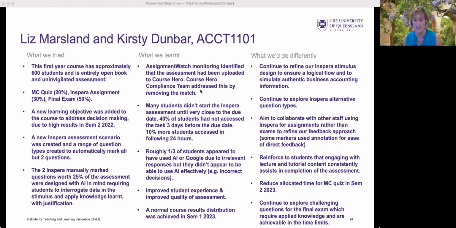So they've left everything to the last minute, can't dedicate time to actually authentic decision making. So let's throw it to AI and see what it does. And generally it actually did quite a poor job.